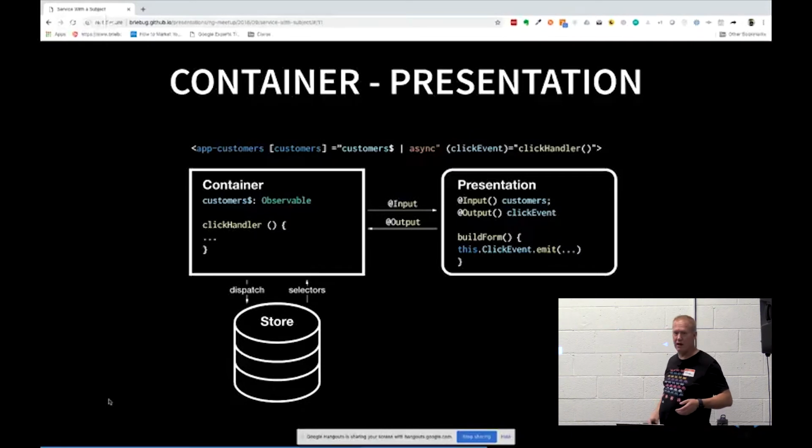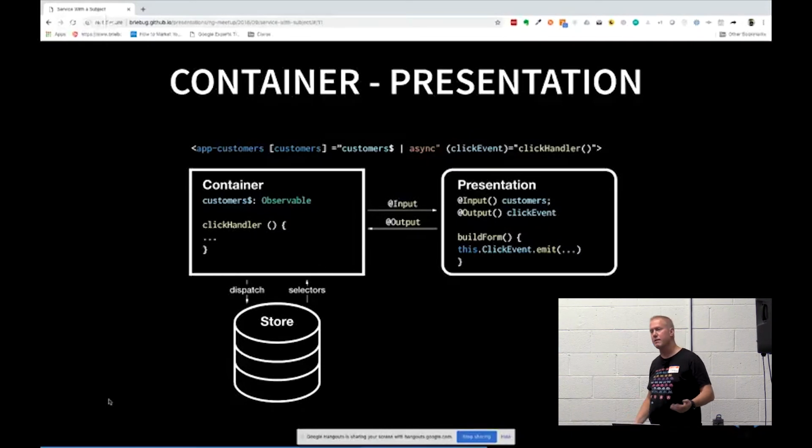So right now, most people make a service call, get the data, subscribe to it, take a local variable and set it to the data that came back, and then use that in their component, right? And if we're doing any operations on that, we might need to unsubscribe to make sure it properly gets released, so we're not wasting memory. But in this case, it makes it nice and clean. I just use the async pipe.